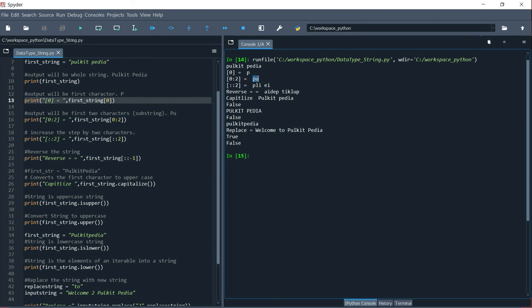Now if I want to increase the step by 2, as I told you, by default if you don't give any step it will be 1. So if I want to showcase an example, here I want to step it by 2 characters. I have not given any start and stop position, so it will consider the complete string, but I'm stepping it